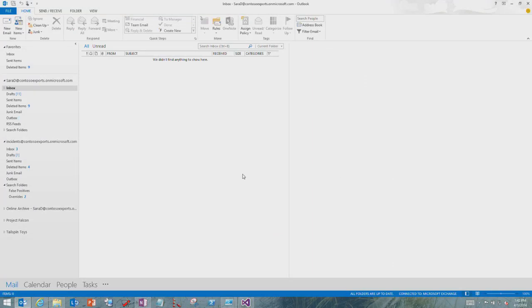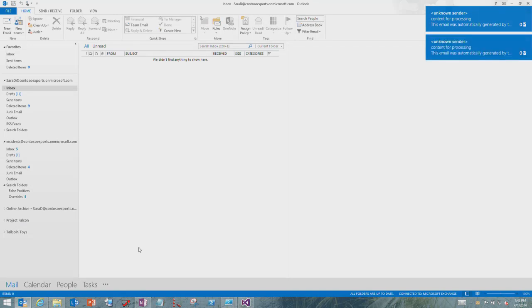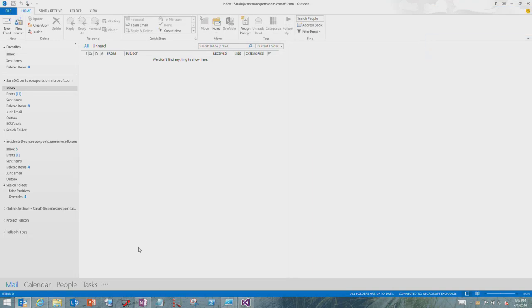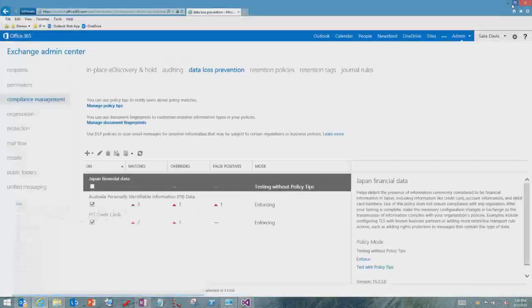And that was all accomplished by having our default policy enabled in the system, really just out of the box. The one thing I should point out is the policy that you will see trigger later is actually not the one I just created, Japan. The reason is there's a little bit of a delay as we instantiate the rules for them to be propagated through the system. There's about a 15-minute delay from the time you instantiate some of the rules to see them in real time. And that would make a great demo. Anyway, so going back to